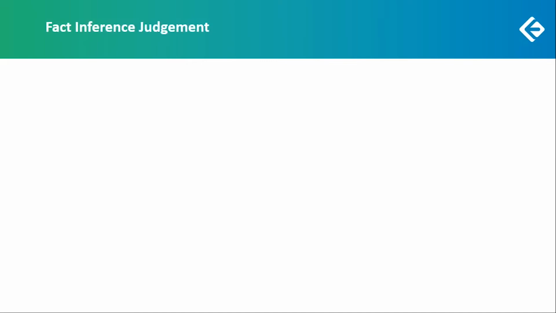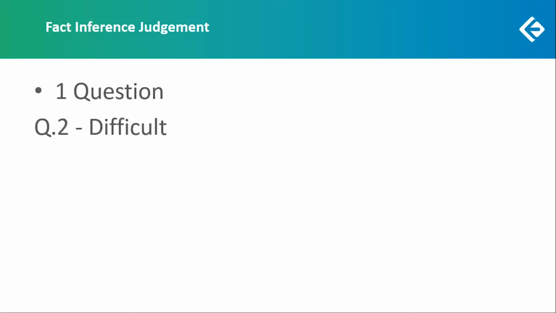The fact inference judgment question, you had 1 question, which is question number 2, and it was difficult because it was slightly difficult to identify or differentiate between judgment and inference there in the set, and this can be categorized as a difficult question, something that you could have avoided, because the way the options were set up, even if you were able to figure out